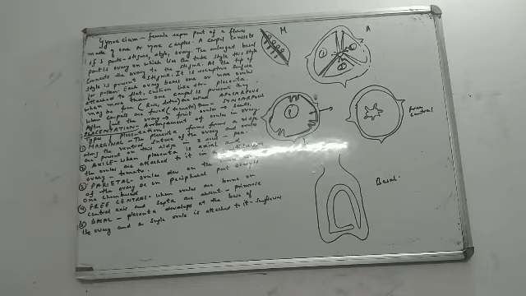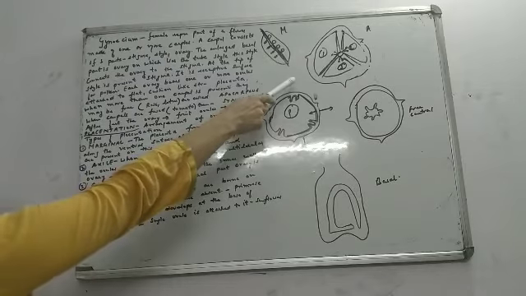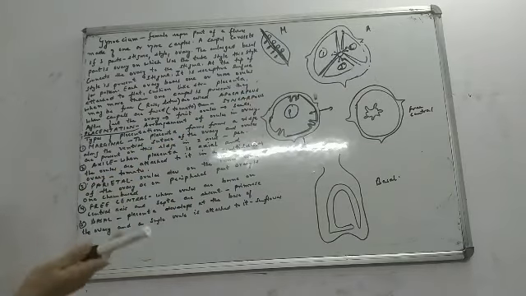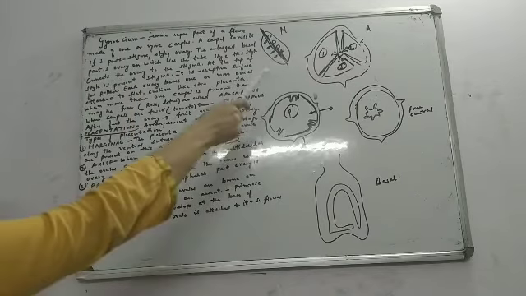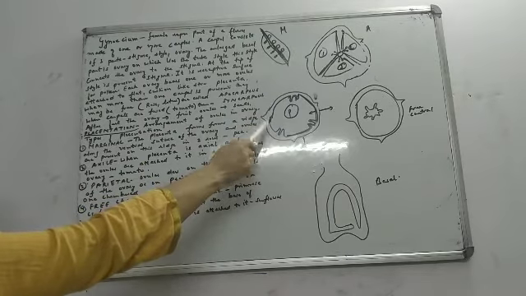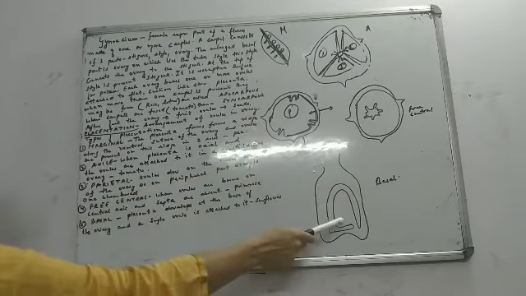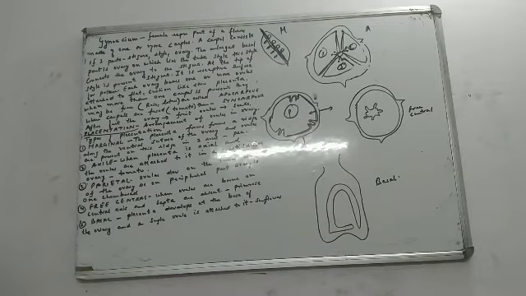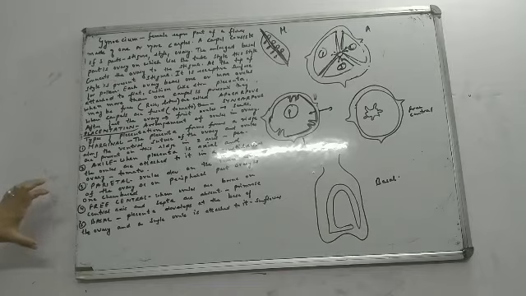You should know one example of each. Marginal, I told you, it is pea. Axial, this one, it is tomato. Very simple. If you cut a tomato from the center, in half, and keep it the other way on the side, you will be able to see this very clearly. Axial, it is tomato. Third, parietal. You can see this. This is parietal. Then this is free central, and this is basal. So how many kinds of placentations do we have? 5. Marginal, axial, parietal, free central, and basal.